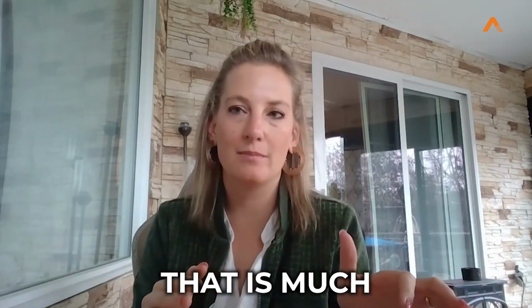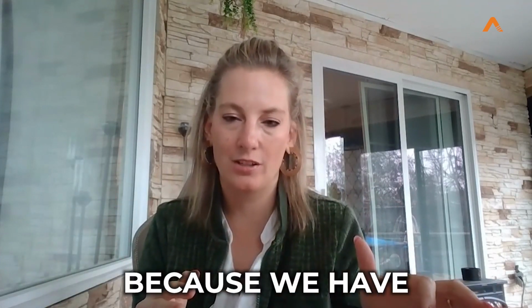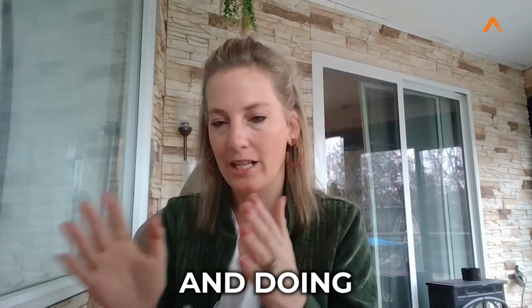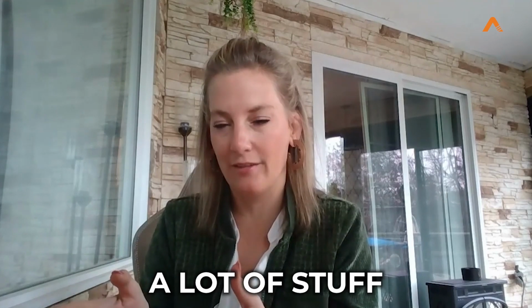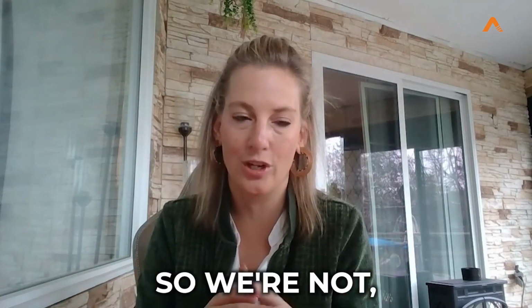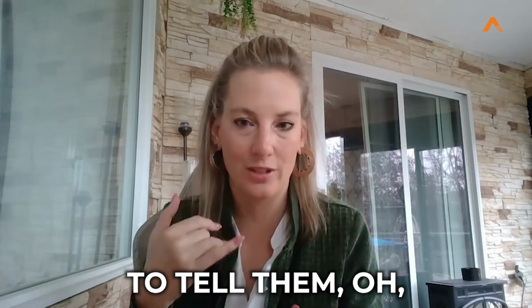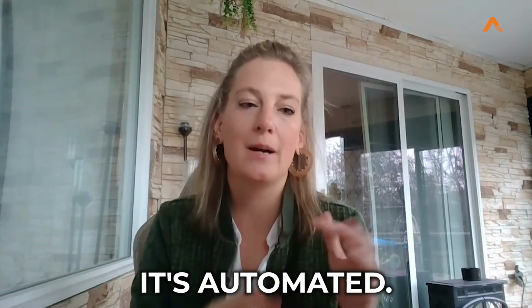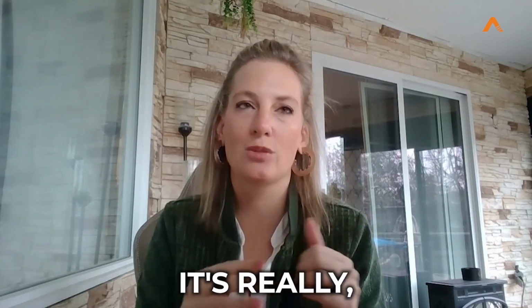And now that is much more efficient because we have the bot kind of helping us move them through the pipeline and doing a lot of stuff automatically, as well as sending reminders to the employees. So we're not having to hound them. Oh, you made an error on your I-9. We need to fill this out. It's automated a lot of that. It's really